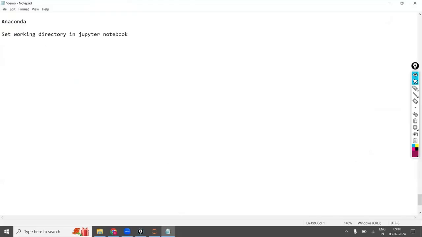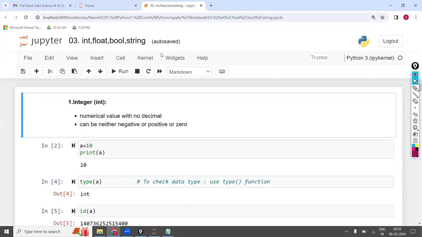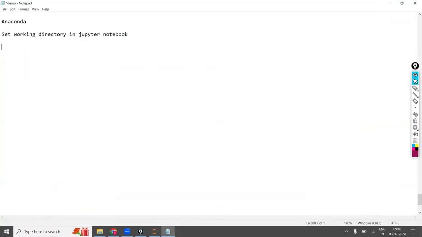Now, in today's class, we are going to discuss data types in Python. That is the next concept. In the last class, we saw what variables are and how to assign them, that is variable assignment.